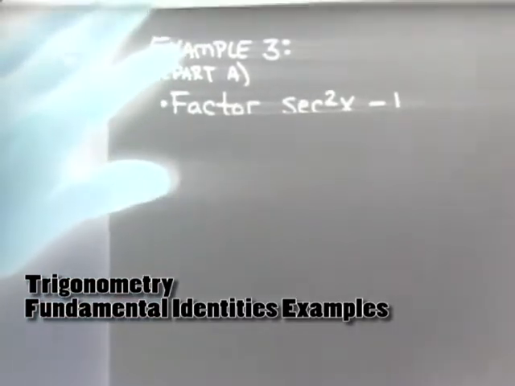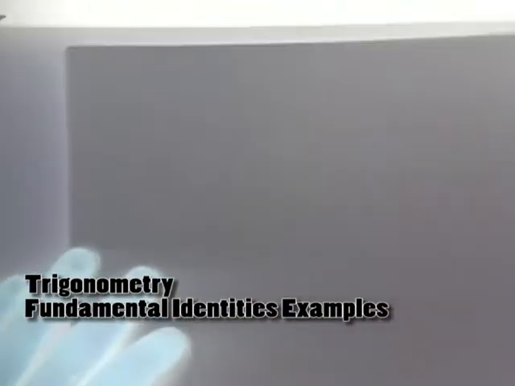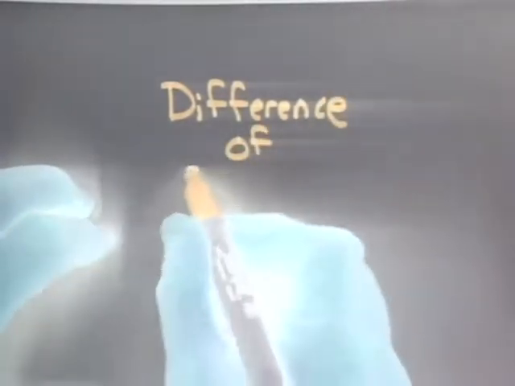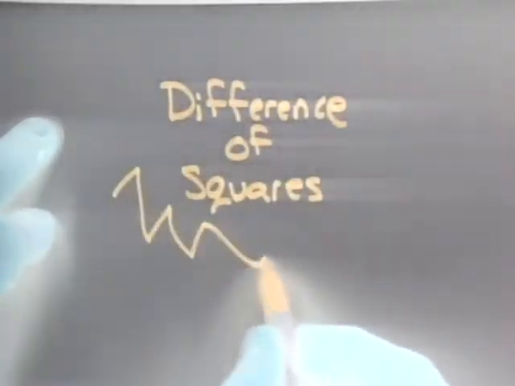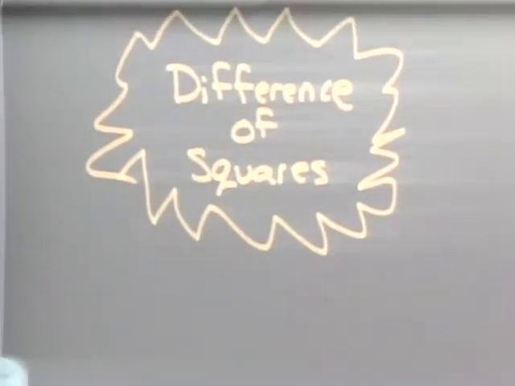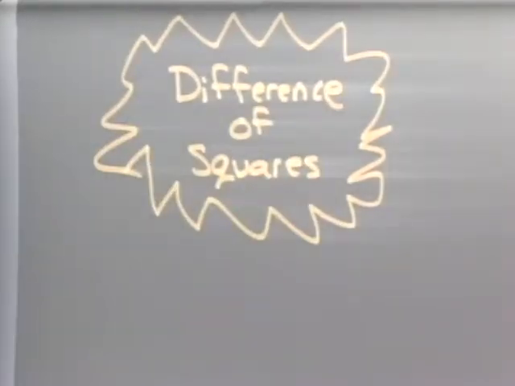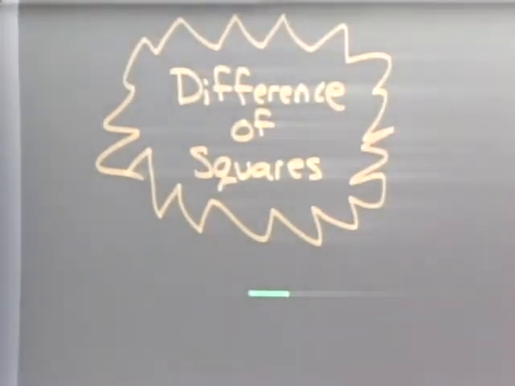All right, when something like this pops up, what they're wanting you to see is a thing called a difference of squares. And this is mentioned usually in Algebra 2. Difference of squares. All right, so difference of squares. What the heck is a difference of squares? In math, the word difference means subtraction, and squares are things that are squared, multiplied by themselves, like 16, 25,